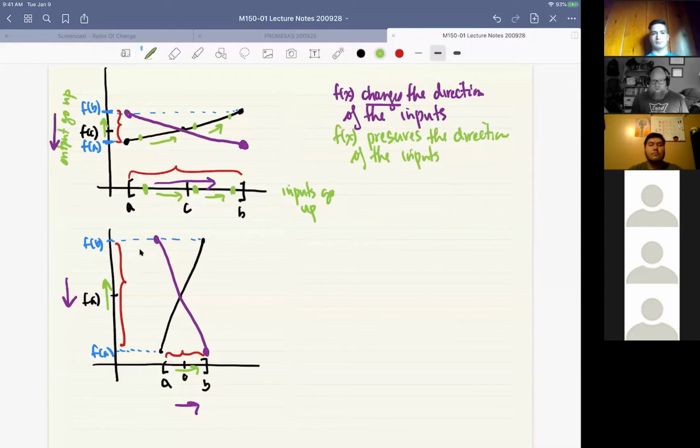So I'm just trying to summarize this idea that if a function, which is a rule that assigns to every input a unique output, a function can be thought of as stretching or compressing an input interval. And it can also be thought of as preserving the direction of inputs or changing the direction of inputs. And sometimes functions can do both, right? Sometimes a function can do this. So for